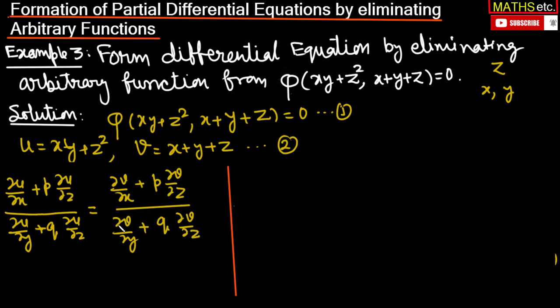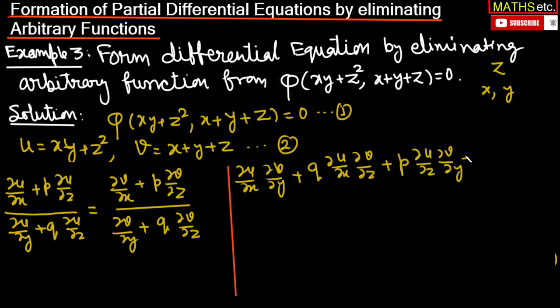And we further simplify it by cross multiplying, so we get del u over del x multiplied by del v by del y, plus del u over del x into q del v by del z. Second term, p del u by del z multiplied by del v by del y, plus pq del u over del z multiplied by del v over del z,